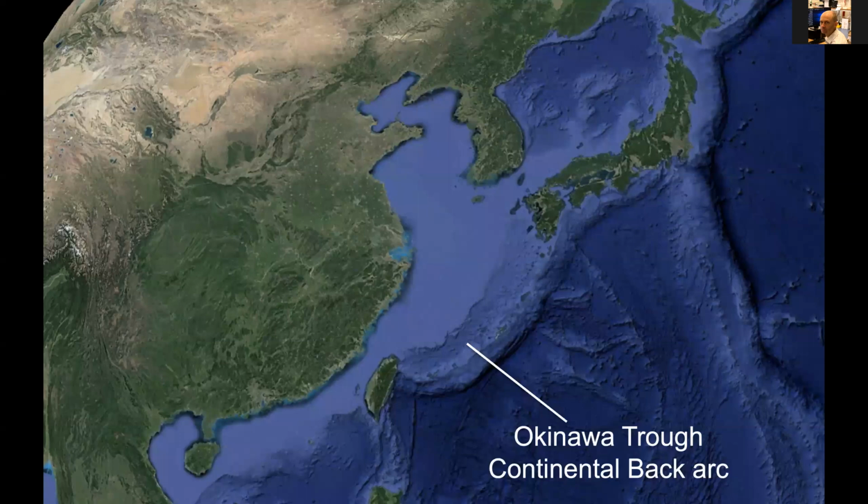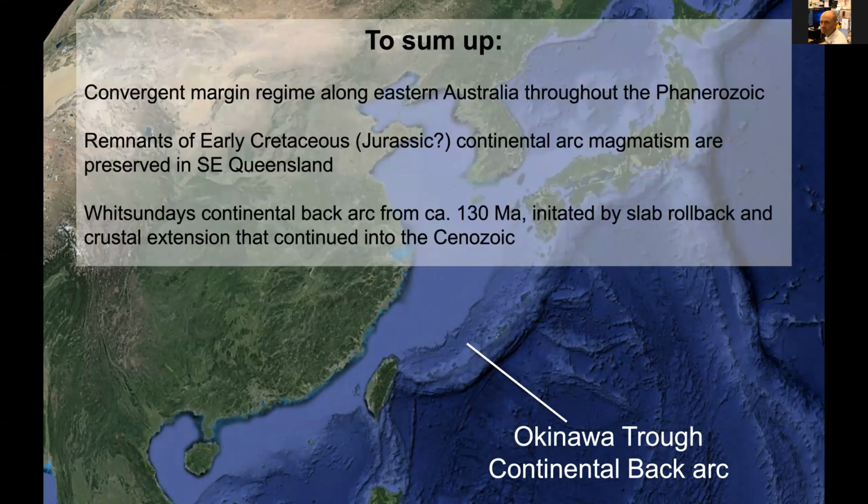So to sum that up, a modern analogue for what we think is going on can be seen in the Okinawa Trough, south of Japan, where we have continental crust, continental arc. In the northern Pacific here, subduction is rolling backwards to the south east, and we've got extension in that submerged continental crust between Taiwan and Japan, and we have a continental back arc forming in that environment. And so this is the kind of tectonic setting we were envisioning for Eastern Australia in the Cretaceous, with the back arc forming as the slab starts to roll back and the trench migrates eastwards into the Pacific. All right, to sum up,